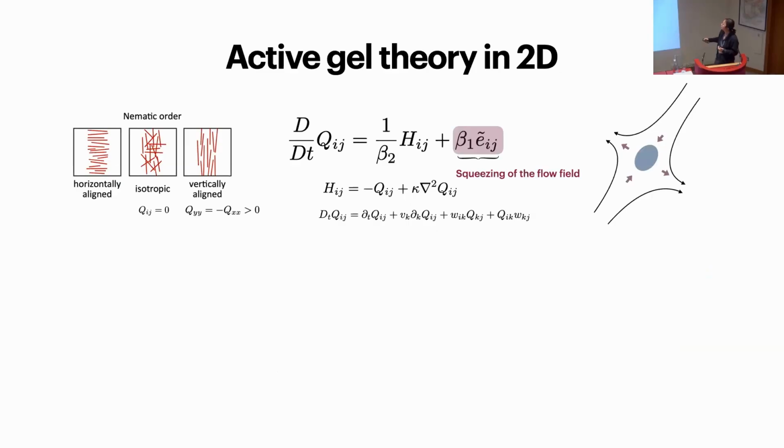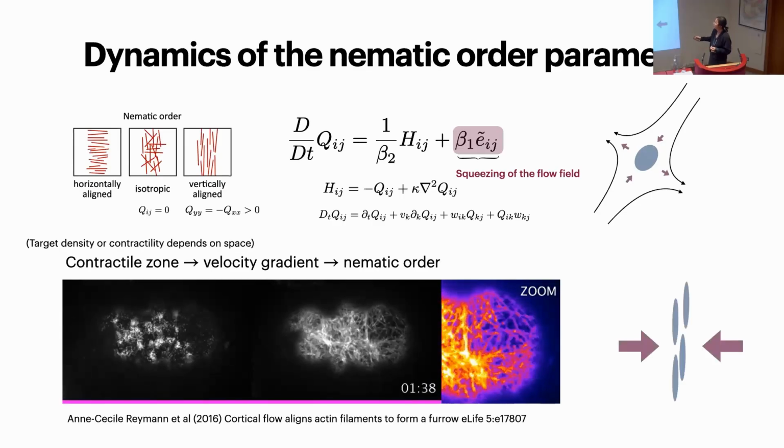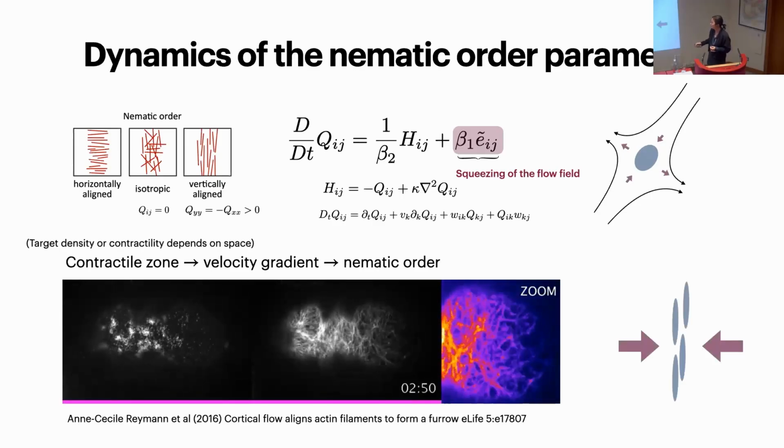And then this one is actually also a passive effect. This just says, if you imagine a soft squishy ball in a flow field like this, then you can see that the flow field would squeeze this ball in this direction and this direction while pulling in this direction and this direction. So naturally it would form it into a rod that's aligned in this direction. And that's what this term is saying, that the nematic term is under the squeezing of the local flow field. And it turns out that if you just do all of that, then it is enough